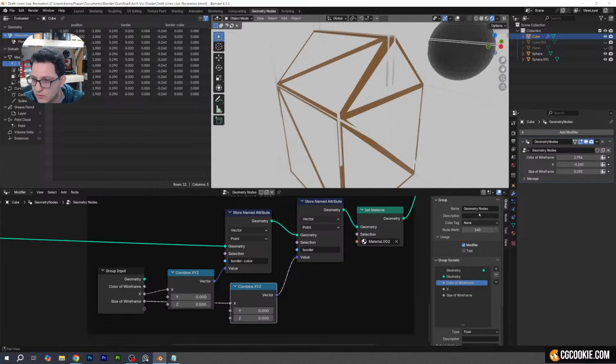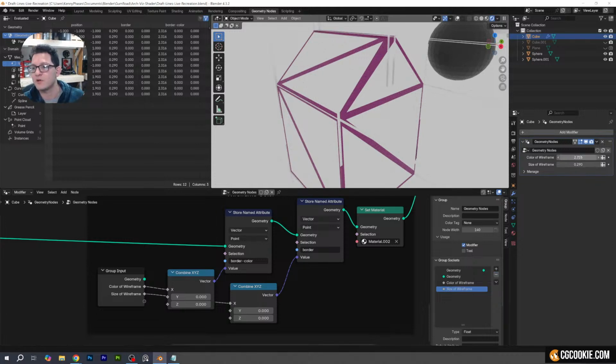Oopsies. I did need, oh, is color of wireframe working? No, it's not. Oopsies. Color of wireframe is this one. We can delete X. There we go. All right, now we should be able to adjust the color of the wireframe, the size of the wireframe, and